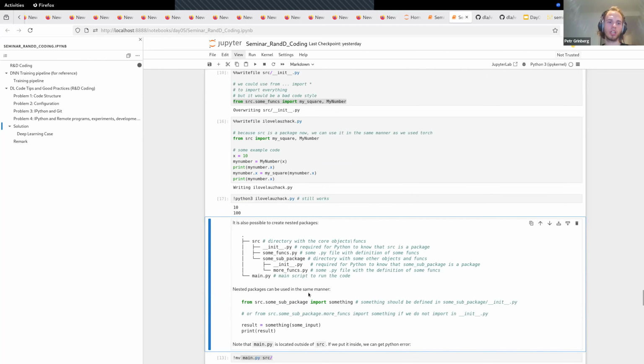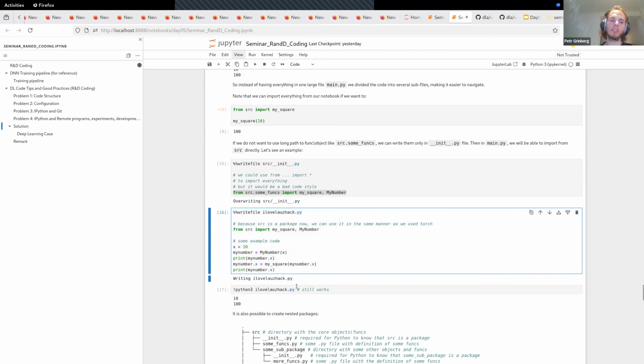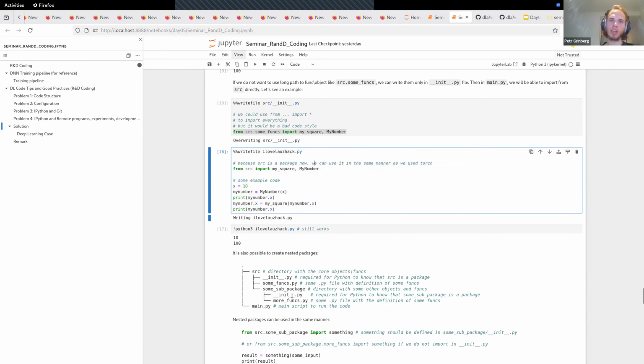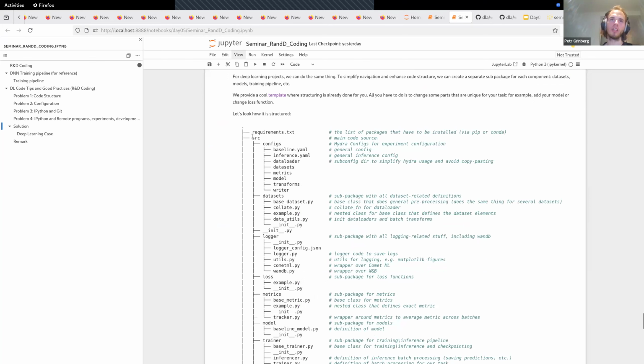So it's just the naming. It's not necessarily called main. Basically, this demonstrates how we can use IPython alongside normal Python code. It includes this demonstration, but the goal is to